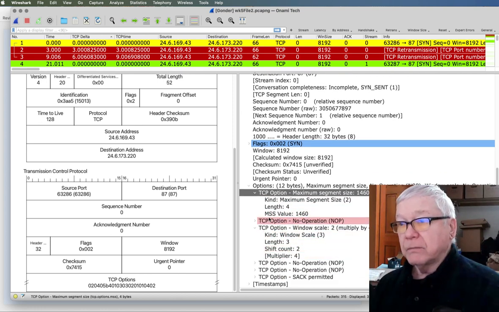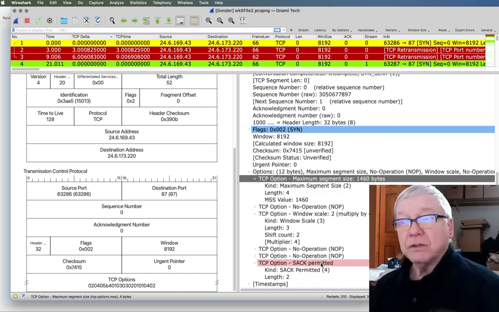Window scale. Are we scaling? Yes or no? Do we permit selective acknowledgements?